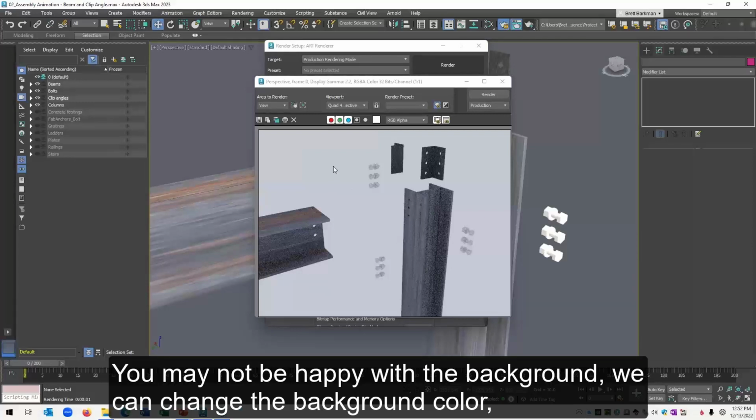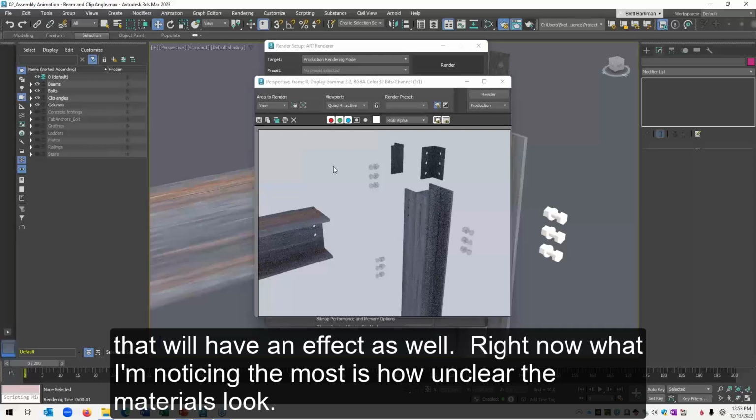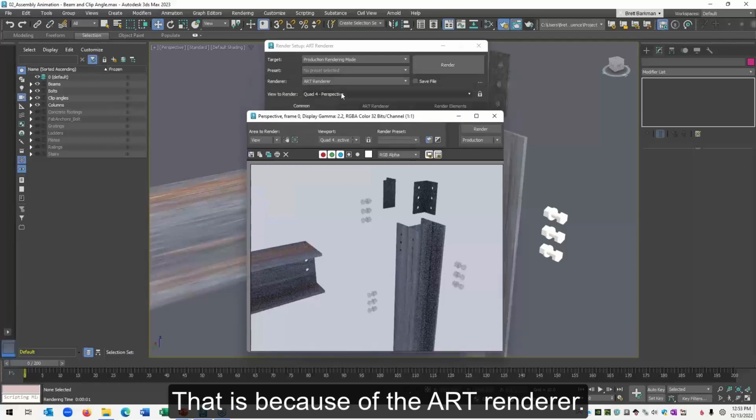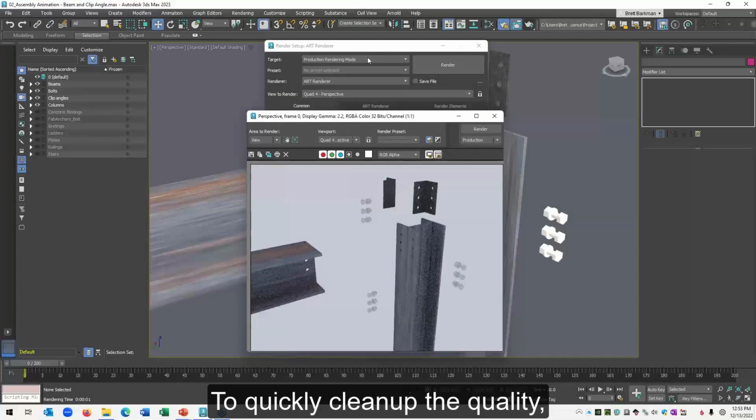You may not be happy with the background. We can change the background color. That will have an effect as well. But right now, what I'm noticing the most is how noisy or unclear all the materials look. And that is because of the Art renderer. So what we're going to do to quickly clean up our quality here,